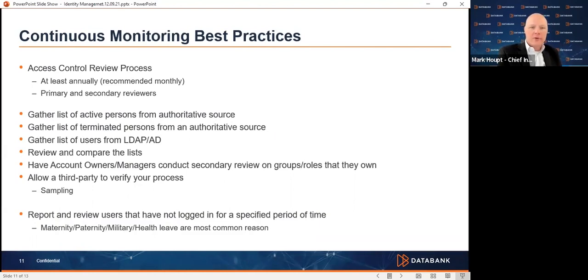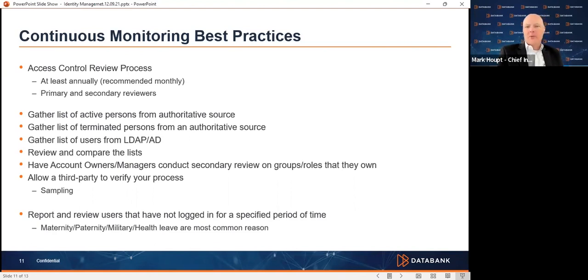First of all, if you don't have an access control review process, you need to have one. Depending on your vertical, you can have it anywhere from an annual process all the way down to monthly processes. My recommendation in our world today is that you have some sort of function that's done on a monthly basis. And you should define what you're going to review in your access control review. At a very basic scenario, I would recommend that you gather a list from some place like human resources, what I call an authoritative source, of all the persons who legitimately should have access within your system.